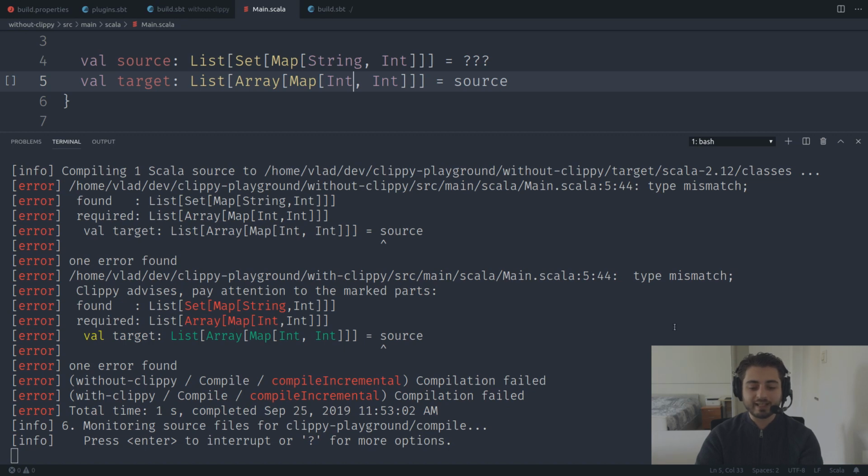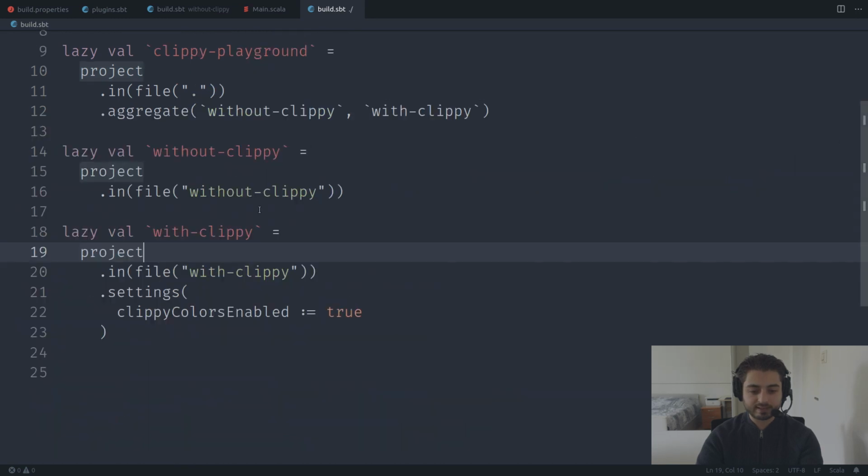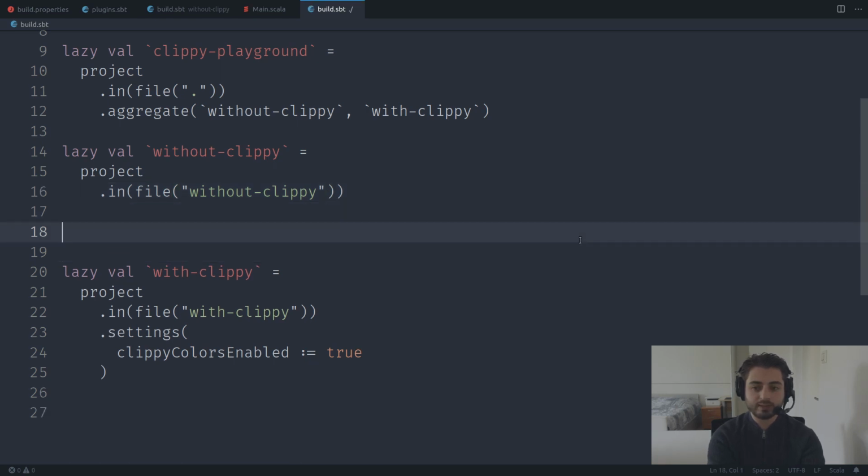What you might not like is this syntax highlighting, because it actually kind of draws your attention away from the error message. And luckily, there is a way to fix that. So we need to go into the build file, and maybe I'm just going to press that so it just goes away. Okay, so we're going to go into with Clippy, and we have our settings. And for this one, we need to import a few keys. So we need to import